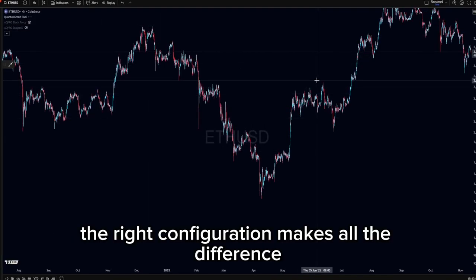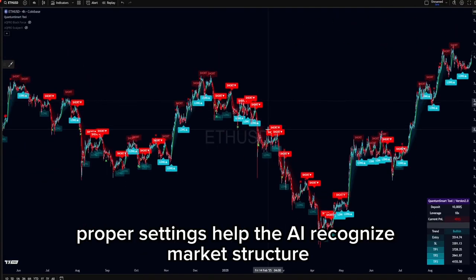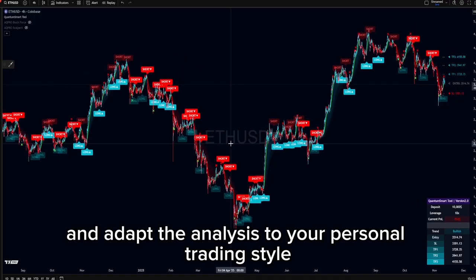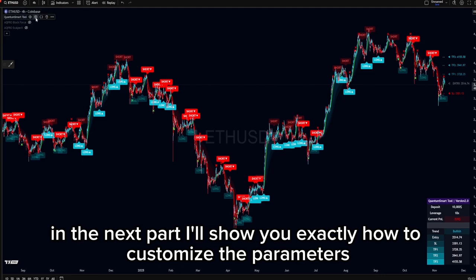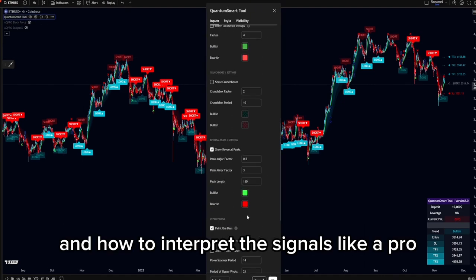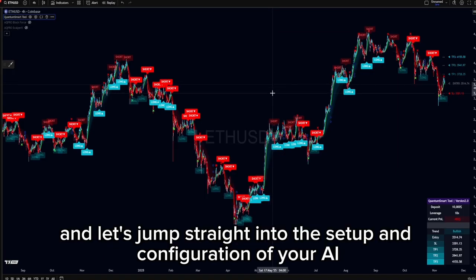The right configuration makes all the difference. Proper settings help the AI recognize market structure, identify high-probability entries, and adapt the analysis to your personal trading style. In the next part, I'll show you exactly how to customize the parameters and how to interpret the signals like a pro. So, get your TradingView ready, and let's jump straight into the setup and configuration of your AI Quantum